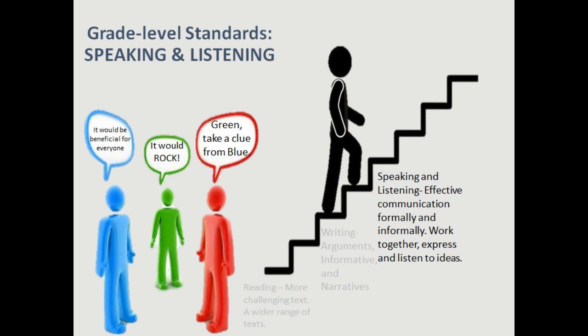In the speaking and listening strand, the key features include that students develop effective communication skills both formally, such as in formal presentations, and also informally when they're engaged in conversation. Students should learn to work together by listening carefully to the ideas of others and expressing themselves clearly. They should be able to take in lots of different types of information, such as video, internet, books, newspapers, and put those ideas together so that they can communicate what they think about what they read, heard, or saw.